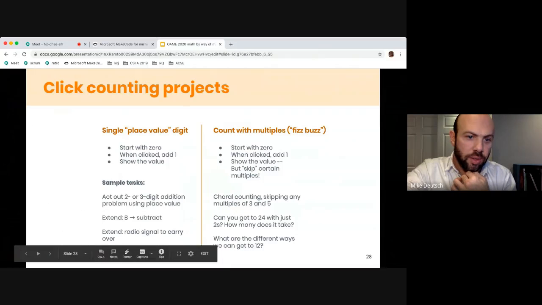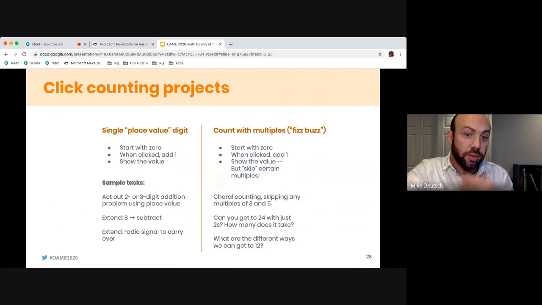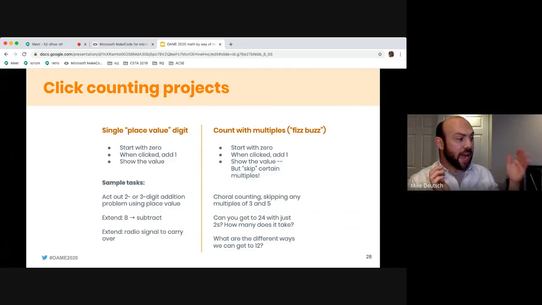I could say that you can extend this to other instructional routines, other tasks. What if you had 3 students doing 3 microbits, and each of them had to build a single digit that rotated from 0 to 9, and you asked them to act out 2-digit or 3-digit addition using place value? The first student in the ones position would go up a certain number of units, and then you'd force them to carry the 1 somehow. How are you going to carry the 1? Well, you could elbow your neighbor here and say, you go up 1 digit,